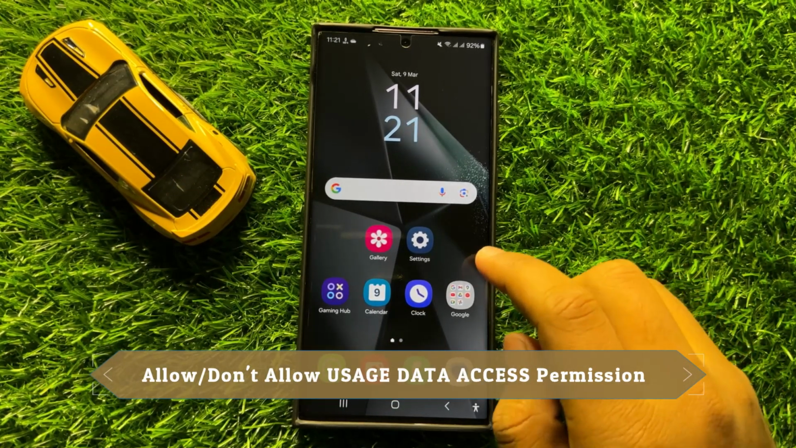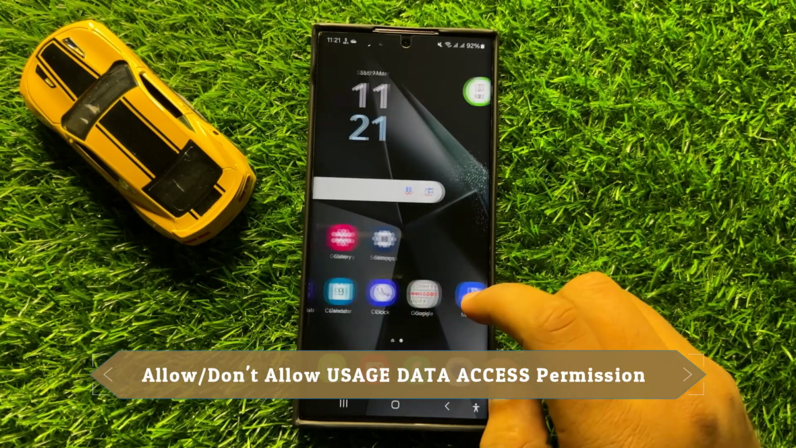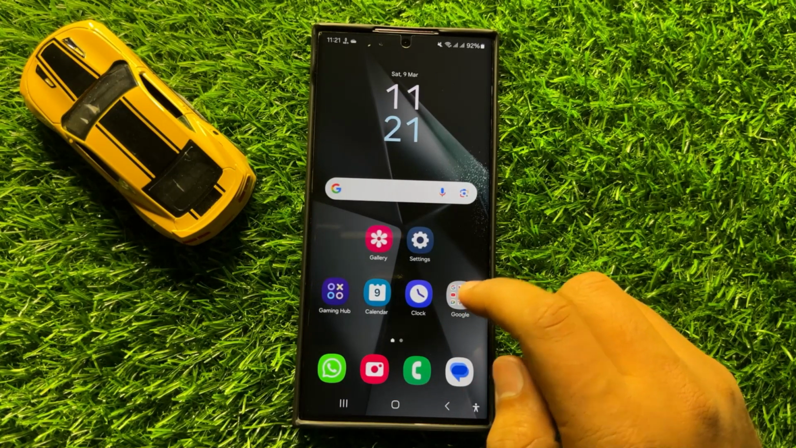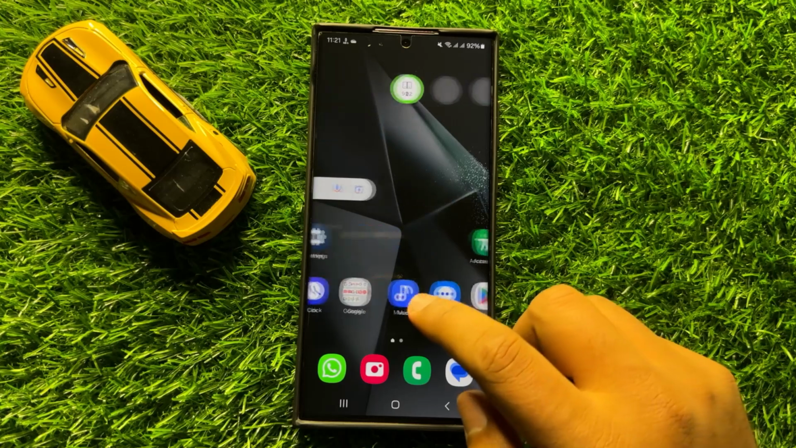Hello everyone, in this video I will show you how to allow or don't allow usage data access permission in